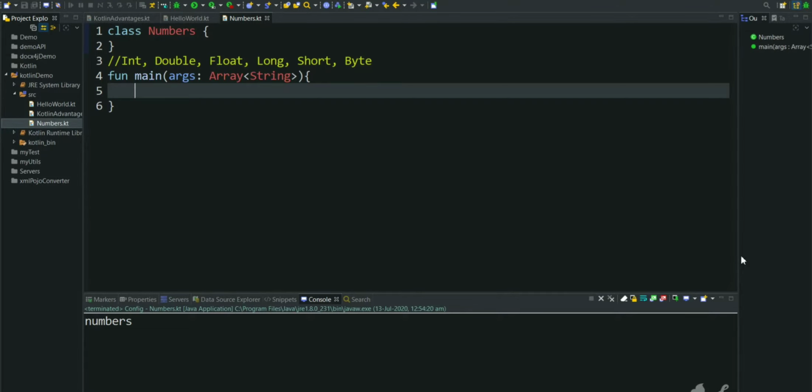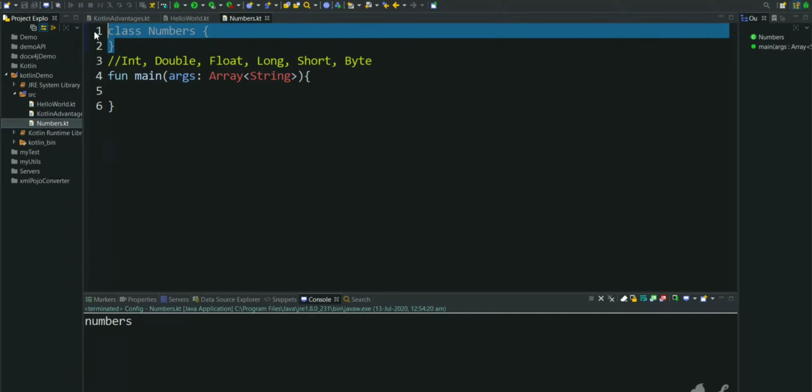In the previous video, we have seen a simple hello world program in Kotlin, and in this video, we will see how to declare variables in Kotlin and how it is different from Java. I have created a file numbers.kt, and inside we have a main method. Presently, we are not dealing with the class. We can just remove this,